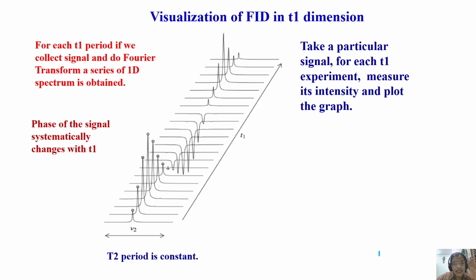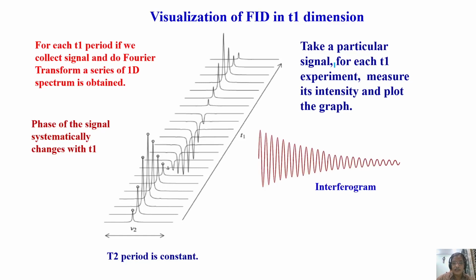Is it not? Exactly. In the T1 dimension, indirectly, you have created a free induction decay, a time domain oscillatory and decaying signal you have created in the time domain. That's precisely what you are going to have. You are having a FID, free induction decay in the T1 domain, and also you have FID in the T2 domain. That's how you indirectly created.